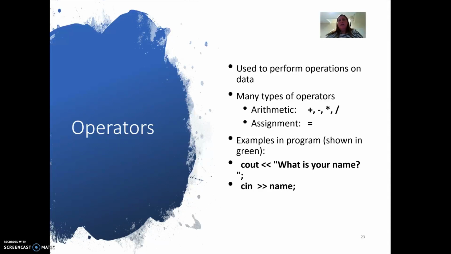It also can have operations. If you're adding two numbers, then you would have to put the plus sign. Notice that the star is for multiplication and the slash is for division. And you have a very important operator, which is the equal sign. We're going to go over that when we do operations. So the example that I showed you before says cout what is your name? You see the semicolon at the end, which is mandatory. So in this case, the program is asking the user to enter a name by